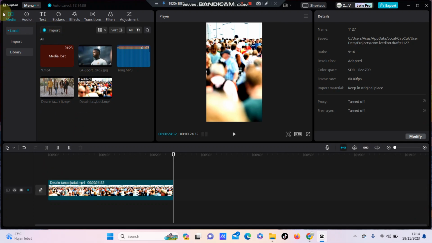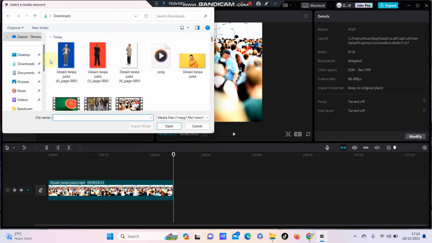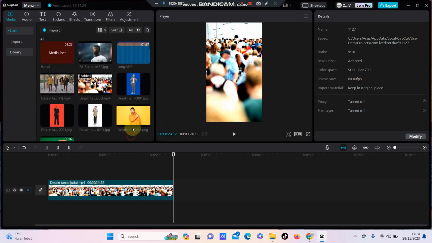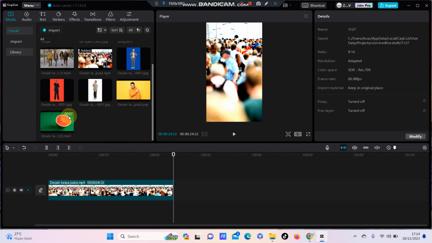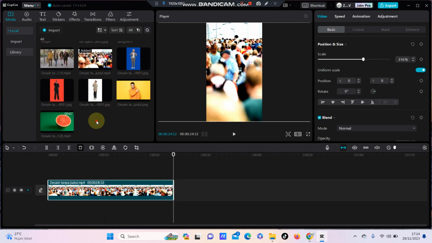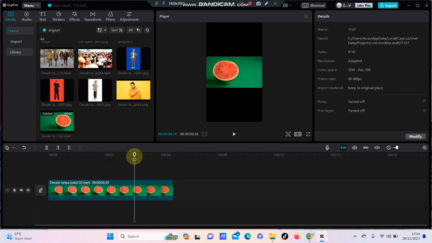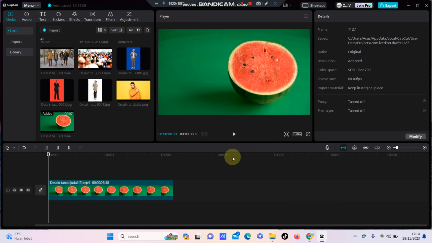Just click import in the media. So just click import and then select the clips that you want to edit. So after imported, you can drag to the track. For example, just drag to the track, and here you can also change the aspect ratio to original, and